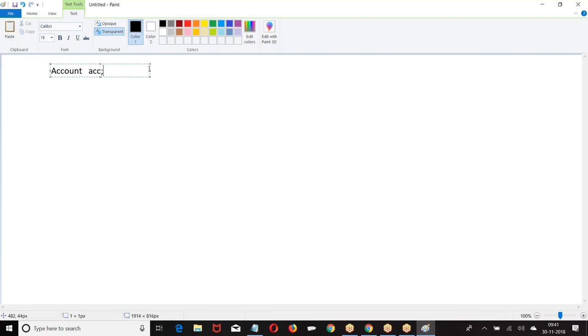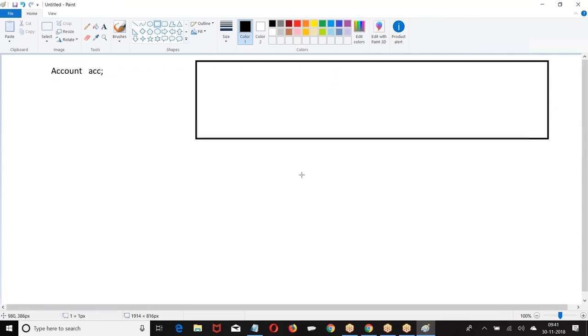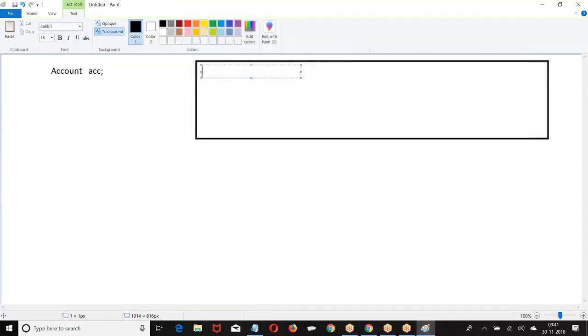What is the value of ACC? ACC value is null. Is it a primitive variable or reference variable? It is a reference variable. What does it mean? It will refer to one of the memory locations. Is it necessary that every time I have to create a new memory? No. It just refers to any one of the memory. It can be a new memory that you create or any one of the existing memory. Just now we have created a program here. Try to get the points clearly.